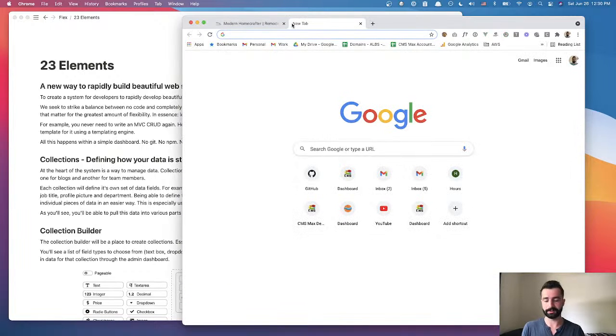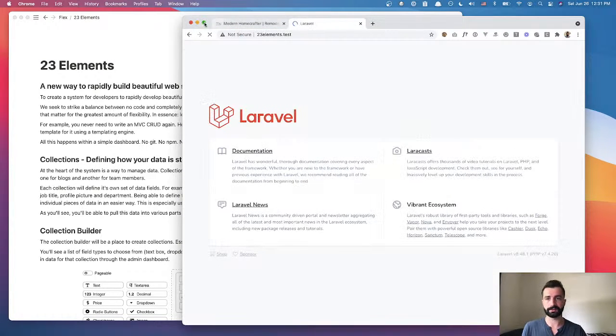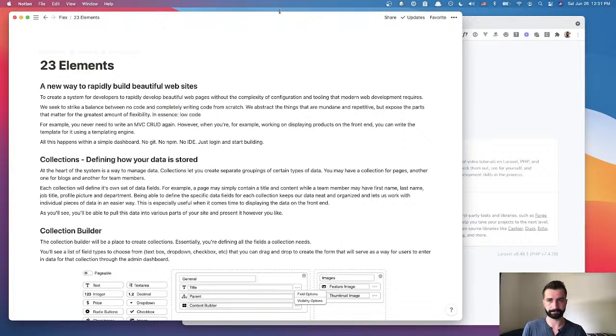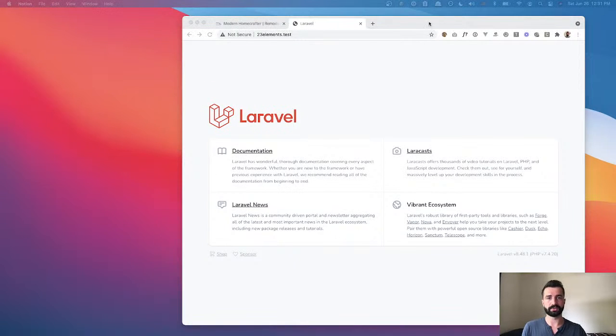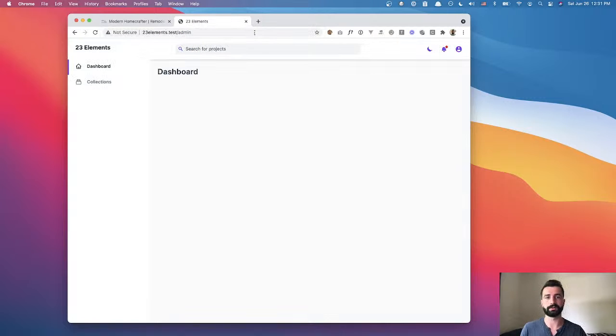I got a basic scaffold up. I just got a new Laravel site set up, and then I found a Tailwind admin dashboard, a simple but nicely designed dashboard that I really like. And so what I did is I got those things into place within my Laravel application, so I have the basic things ready for me to start implementing some of the features.